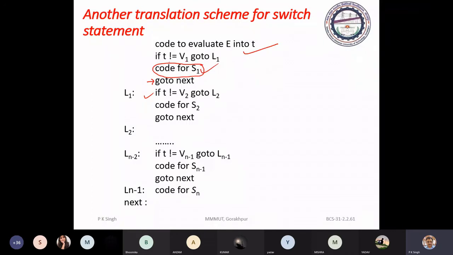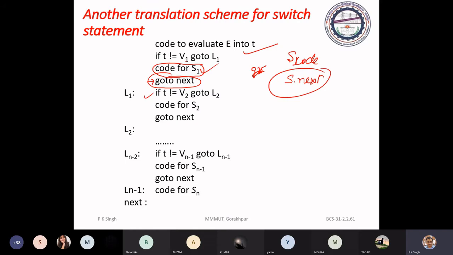So break statements are always translated into a goto. Suppose your control of execution is in S code, which is any control statement.